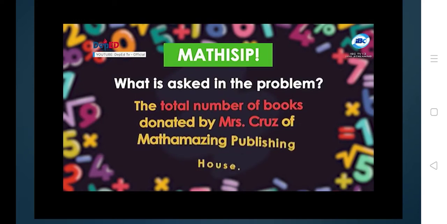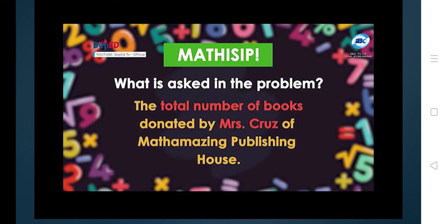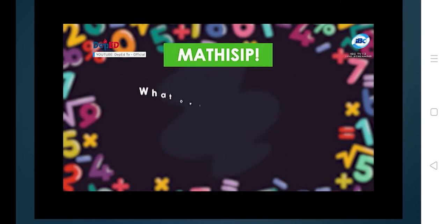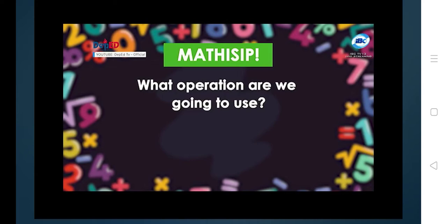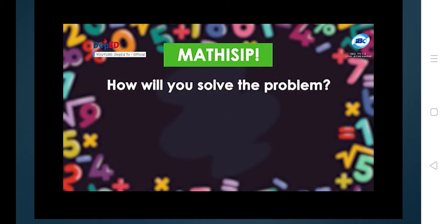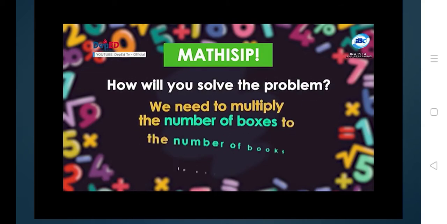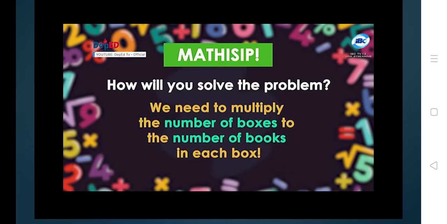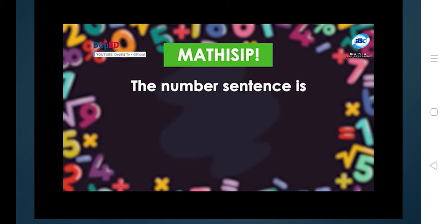The total number of books donated by Mrs. Cruz of Math Amazing Publishing House. What operation are we going to use? Yes, multiplication. How will you solve the problem? We need to multiply the number of boxes to the number of books in each box. The number sentence is 312 times 32 is equal to